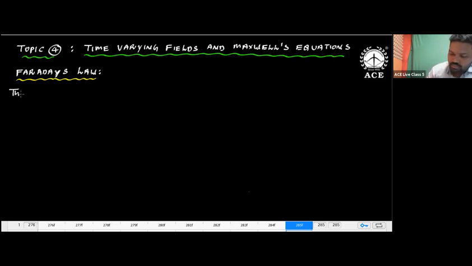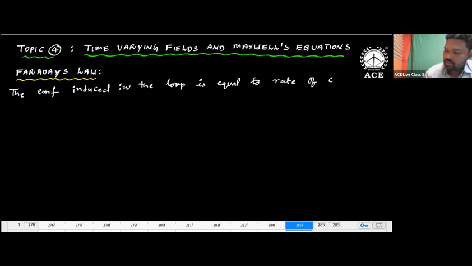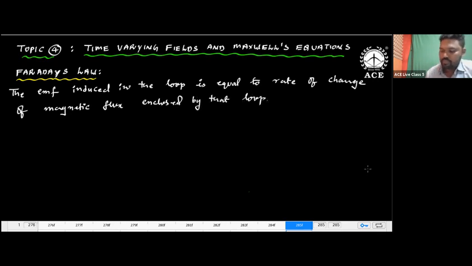The EMF induced in the loop is equal to the rate of change of magnetic flux enclosed by that loop, and